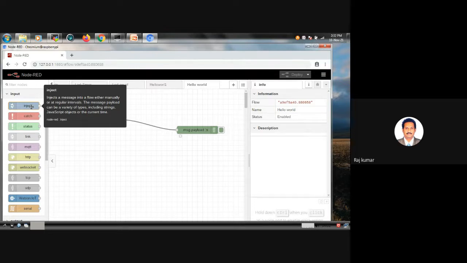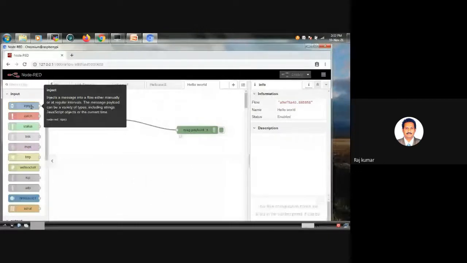This injects a message into a flow either manually or at regular intervals. So you can do it in two ways. Whenever you click on it, once the flow starts, you can use this inject, which automatically injects a command to the next node at regular intervals, maybe 10 seconds, 1 second, 1000 seconds, or so on.